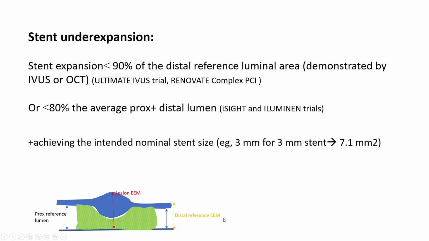And if you have a long stented area across a bifurcation or across a long vessel taper, then you can define a proximal underexpansion as less than 90% of the proximal reference and distal underexpansion as less than 90% of the distal reference. Or if you want to be conservative, less than 80% of those reference lumen areas. Also, it's a stent that is less than the intended nominal stent size. So if you have a 3 millimeter stent, it has to reach the area of a 3 millimeter stent, 7.1